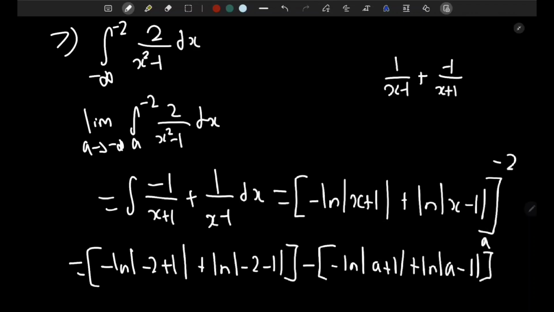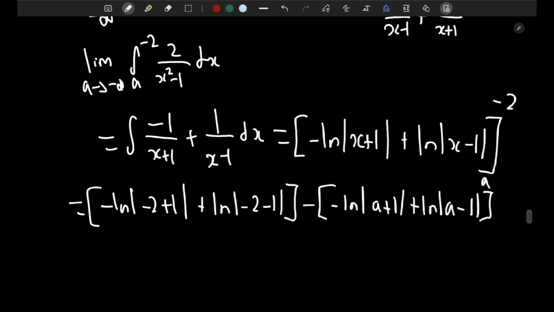Now we always take the absolute value after simplifying whatever is in the ln. So here it is going to be equal to minus ln of minus 1, so it's going to be ln 1, plus ln of minus 3,